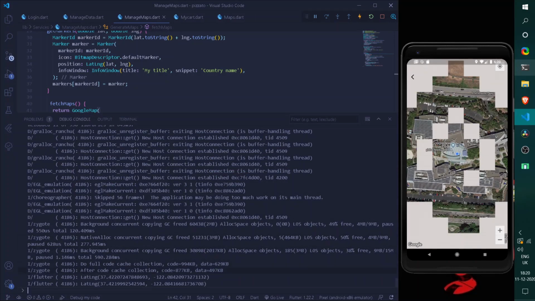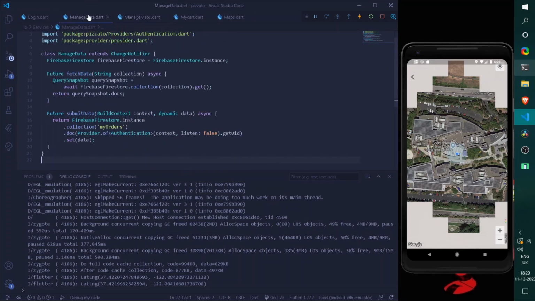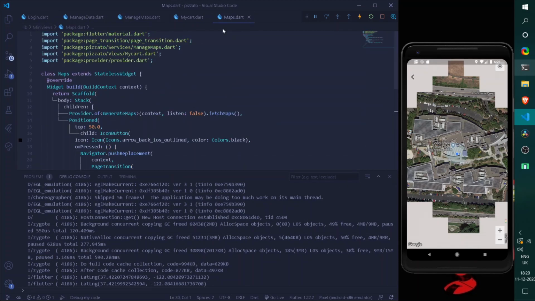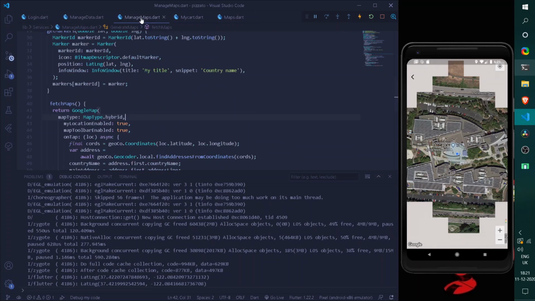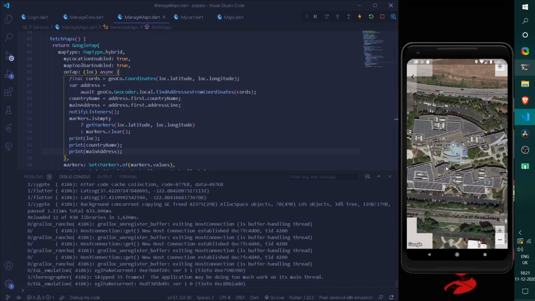Now you may observe that we are simply getting all of our latitude and longitude after pressing over any of the following. But to test it out more, we can simply go back here under my maps. And here after that, let's print out the country name. Also let's print out the main address. So after pressing over it,